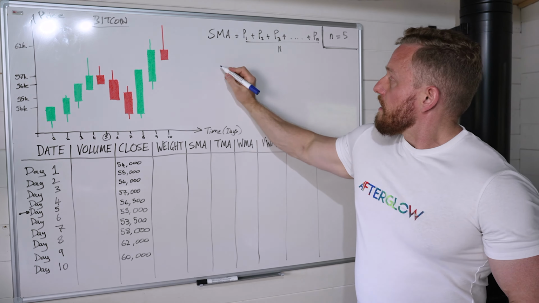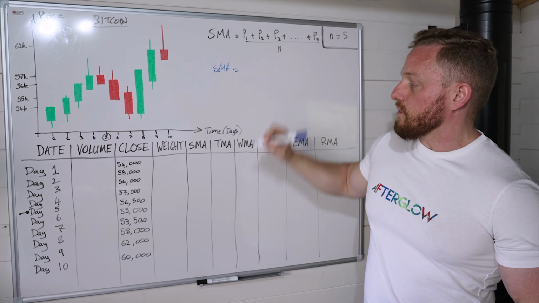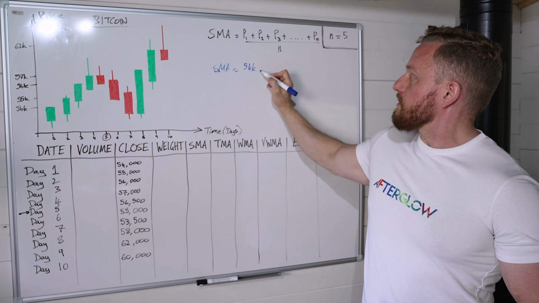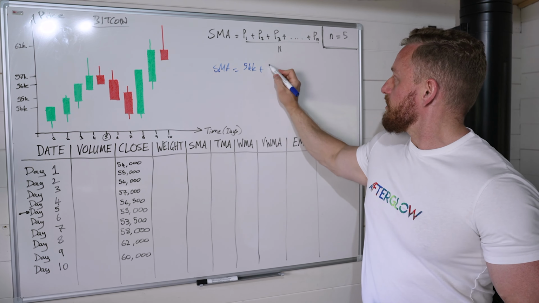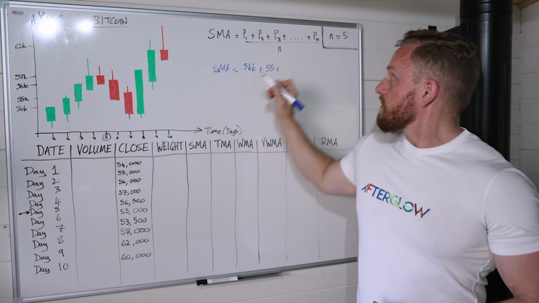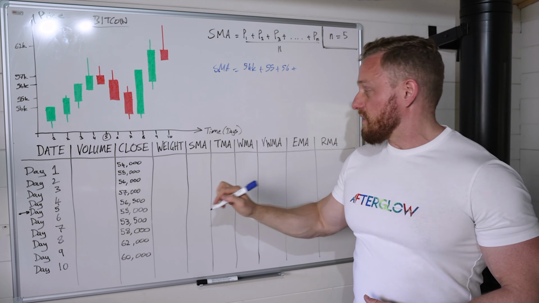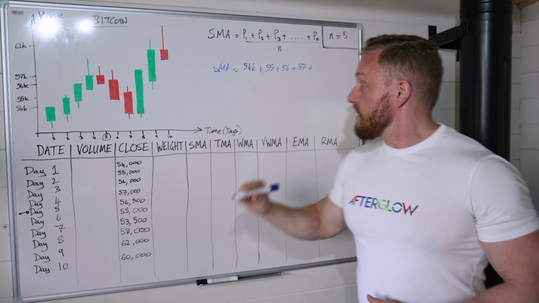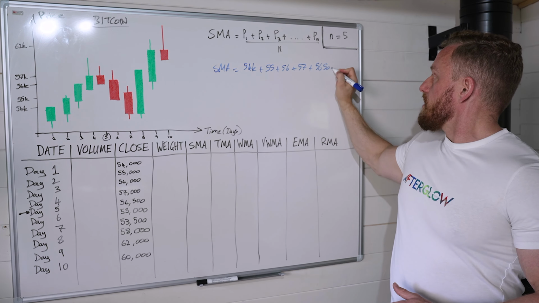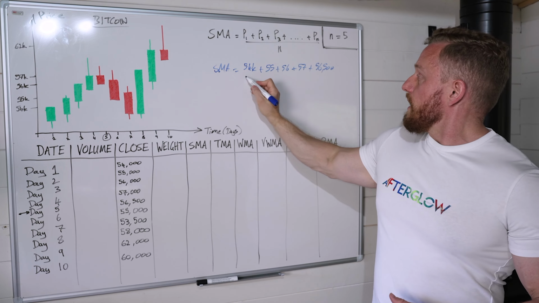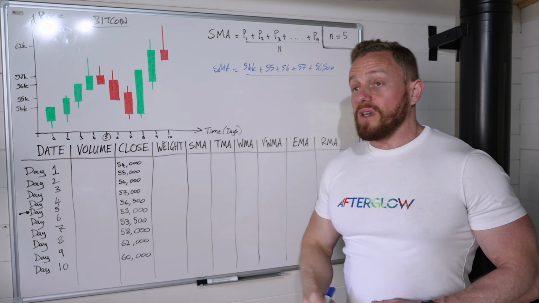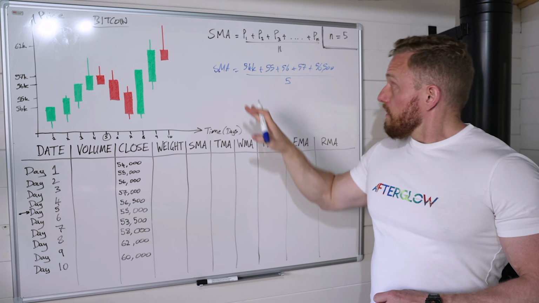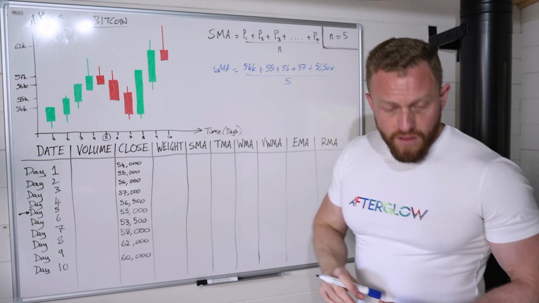So the SMA equals the price on day 1, 54,000, plus the price on day 2, 55,000, plus day 3, 56,000, plus day 4, 57,000, plus day 5, 56,500. And all that is divided by the number of days, where N equals 5, so we put 5 in there. Now, if we calculate that through,